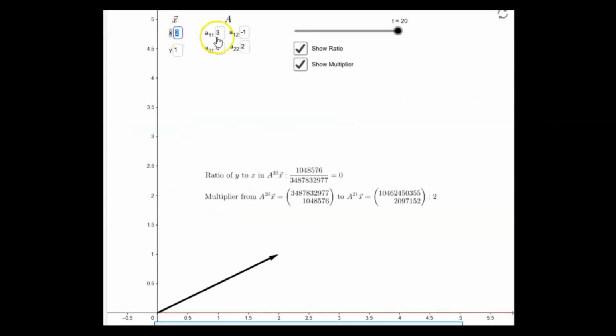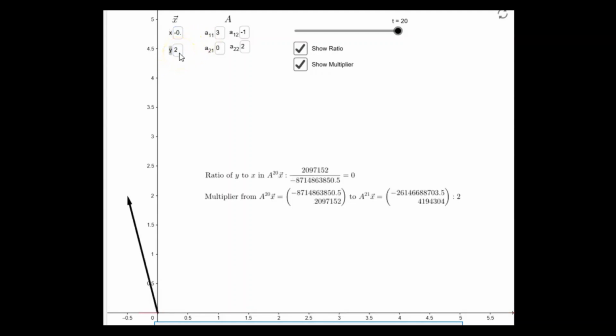So let's show if we, for example, picked the vector negative 0.5 and positive 2. Okay, there's our initial vector. So watch what happens. Right now, our vector points in the direction of negative 0.5, 2. And if I multiply it by A one time, you can see that that red vector kind of rotated to the left, but as I continue multiplying it repeatedly, it again points in the direction